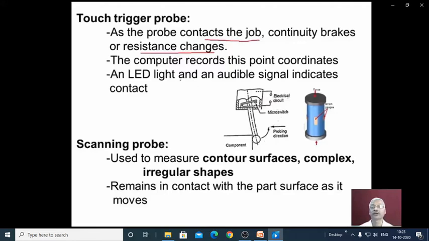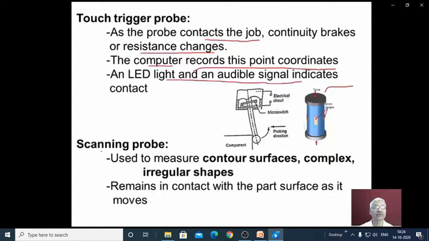If it is a probe based on strain gauges, when the probe deflects, the resistance of the strain gauge changes and hence a signal is sent to the software. The computer records this point's coordinates. That means whenever the probe comes in contact with the component, that particular point's coordinates are stored by the computer. An LED light and an audible signal indicate the contact.